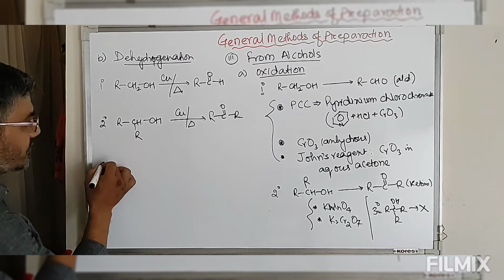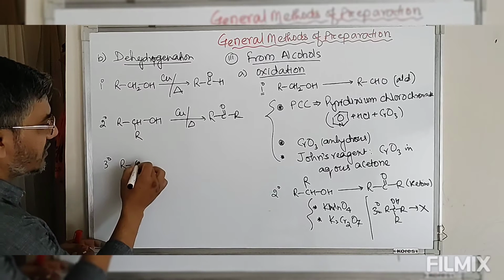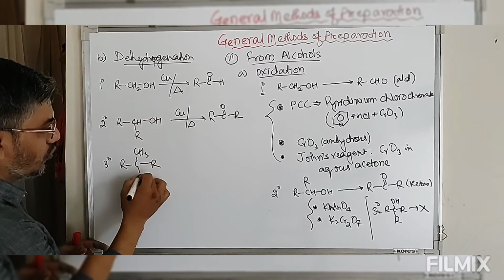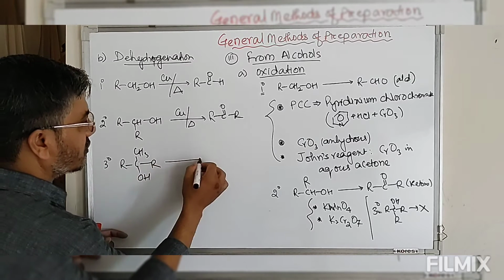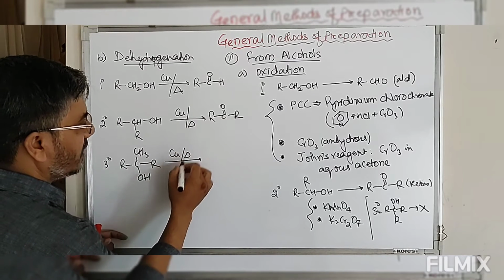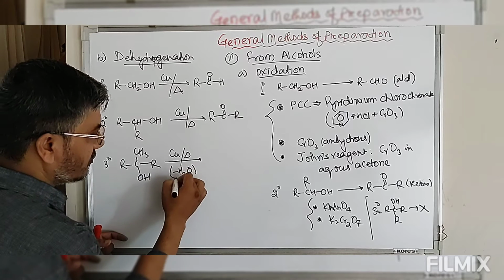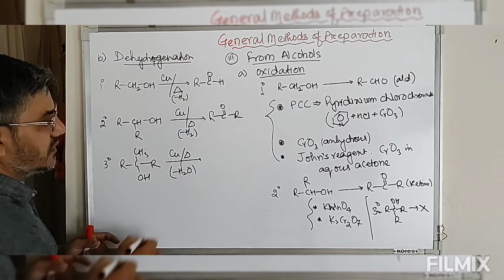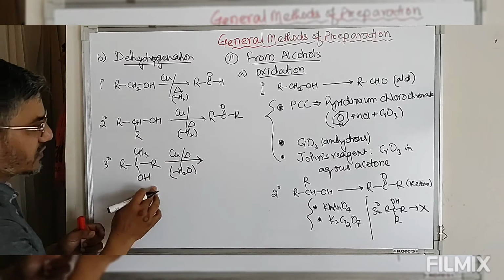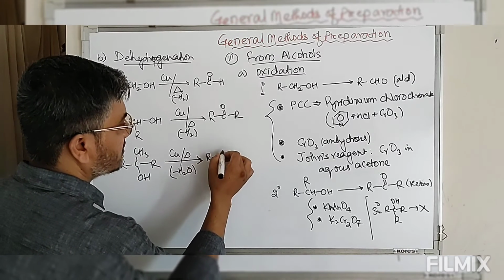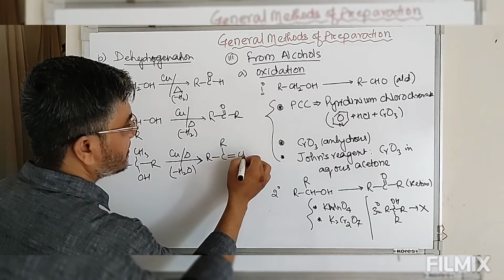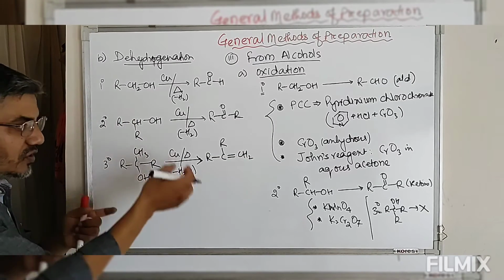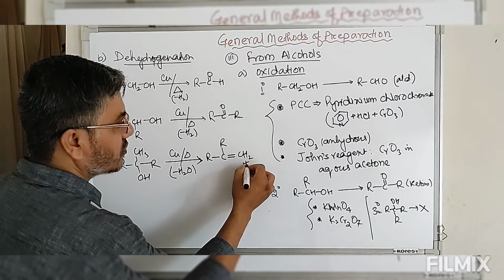But if suppose the starting compound is tertiary alcohol, RCCH3ROH, this is tertiary alcohol. So tertiary alcohol on heating with copper undergoes dehydration, elimination of water. Here it is not dehydrogenation. In this case, there is elimination of water, and this gives you R double bond CH2. We have OH from here, hydrogen from here. From this we remove a molecule of water and this is converted into alkene.